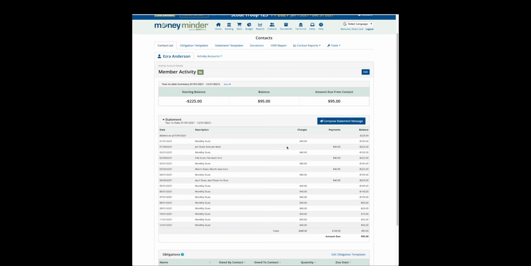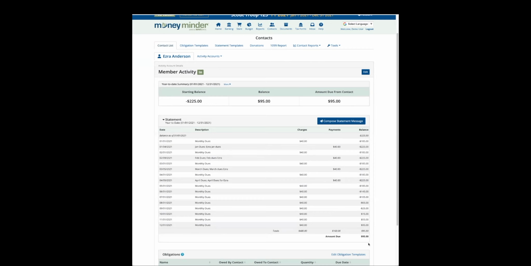So if you have families who decide they don't want to use their Scout account balance for dues, they're saving it for something else, as you apply payments, that credit balance will just be carried forward. At the end of the year, their total charges will be added up, as will their payments and any starting balance they had.